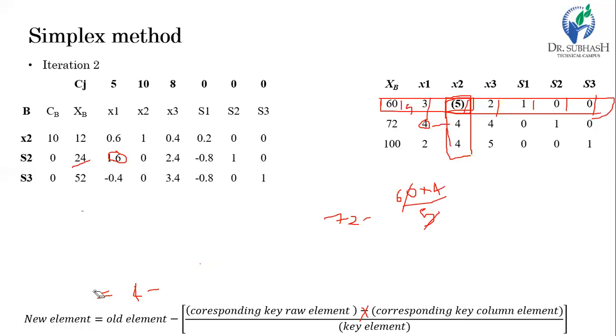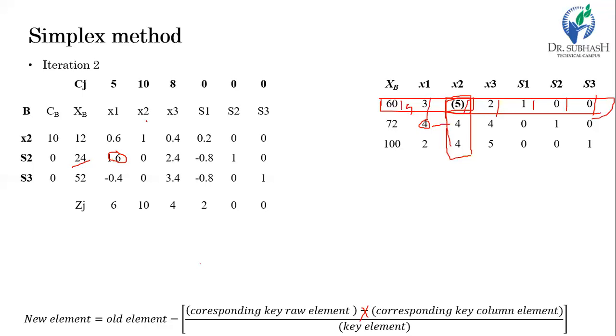After erasing all the values, let's move on to the value of Cj minus Zj. Again, first calculate the Zj value. For getting the Zj value, multiply the particular element with the value of the coefficient of the basic variable in that row. So here 0.6 multiplied by 10 plus 1.6 multiplied by 0 minus 0.4 into 0. But here there are two 0 coefficients, so the value of the last two multiplications is 0, and the value is 0.6 into 10, which is equal to 6 here.